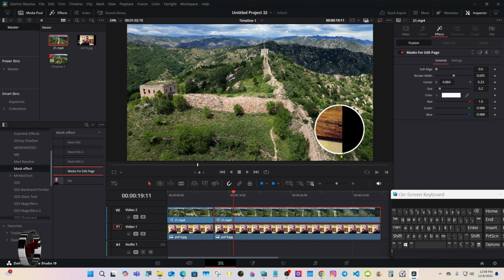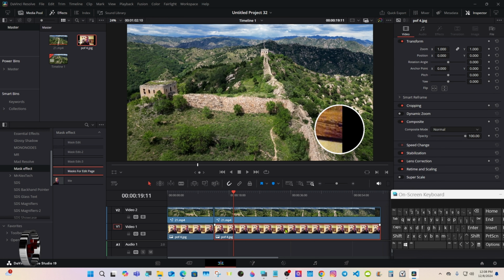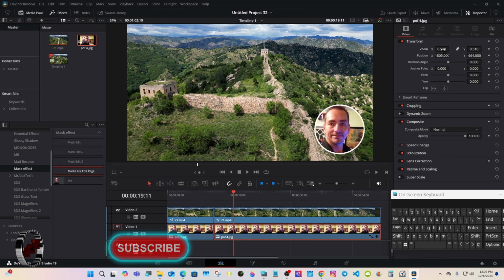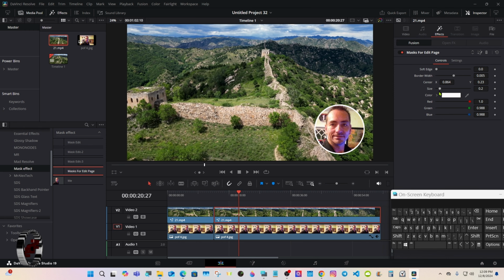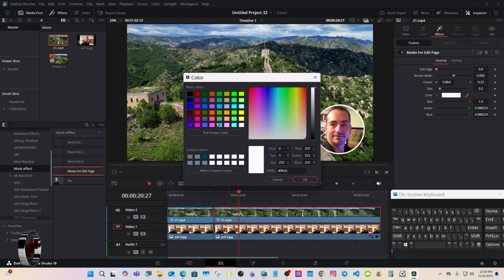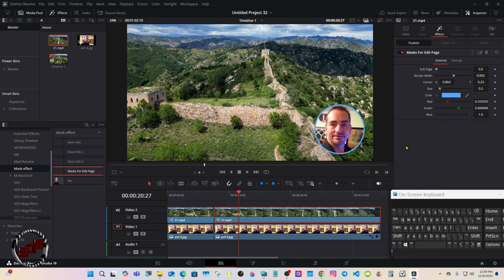And then select your picture. Just make sure you select track 1. And you want to go to the effects up here. You can change the color of the ring, size,